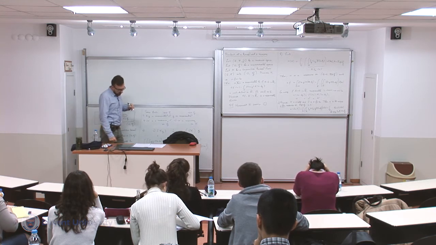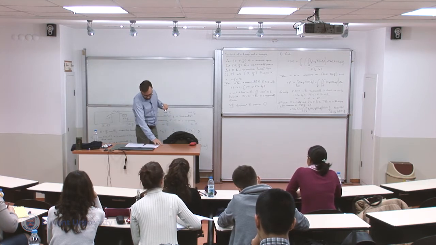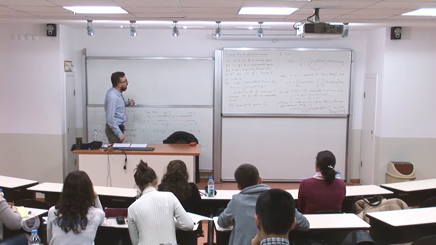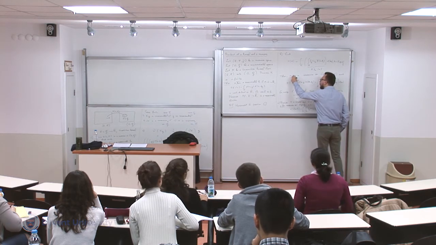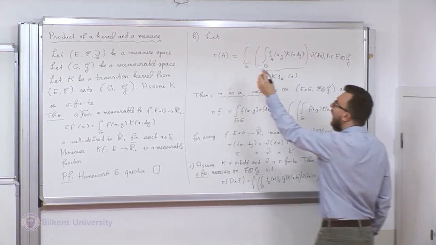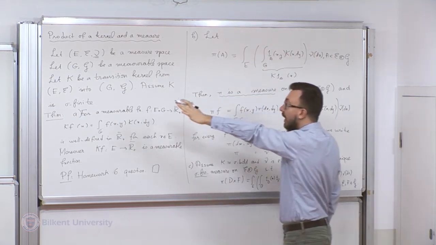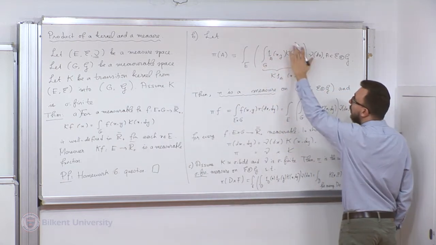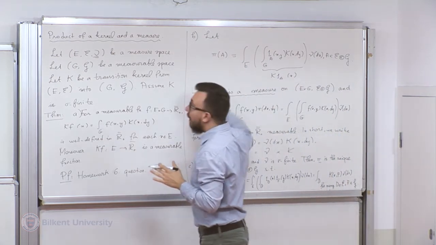Okay, so let's try to prove this theorem, parts B and C. Okay, what do we have to show? We have to show that pi is a measure. Well, first we have to make sure pi(A) is well defined. This is a valid thing. But this is thanks to part A, which tells us that k indicator A is a measurable function of the first variable. So there is no issue about the well-definedness of pi.